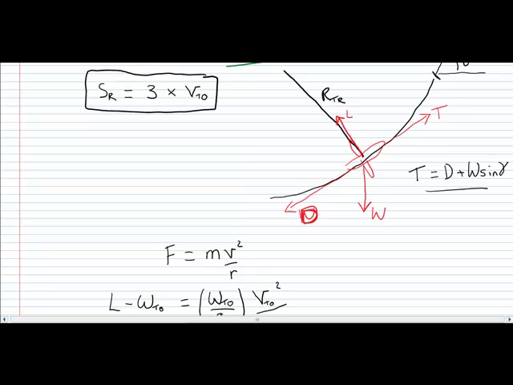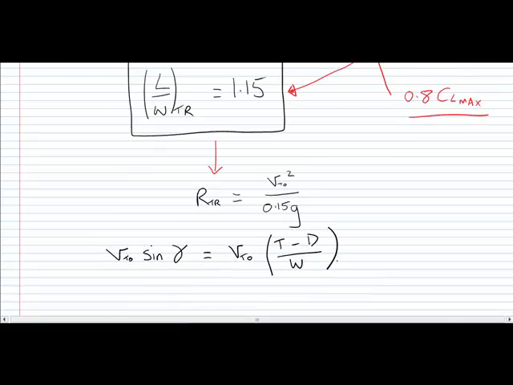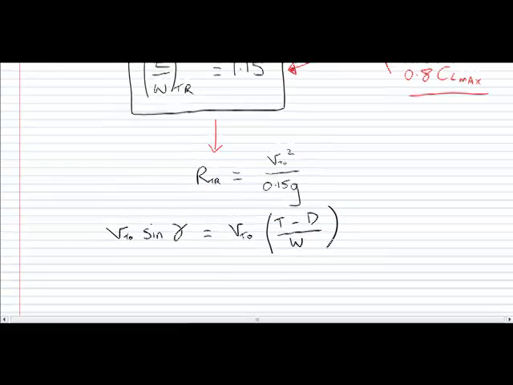That relationship allows us to write that V takeoff sine gamma is given by this. And then it's just a simple case of a little bit of trigonometry to get to the point where we can say that